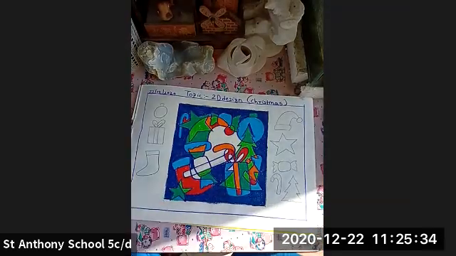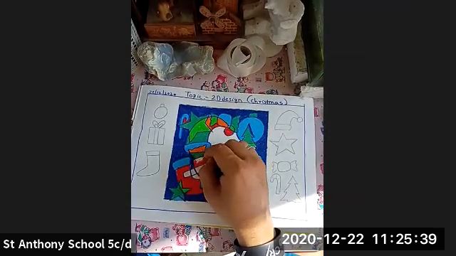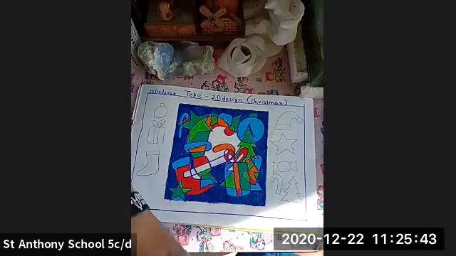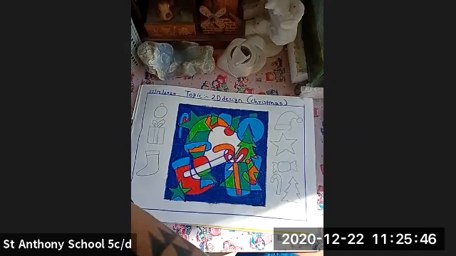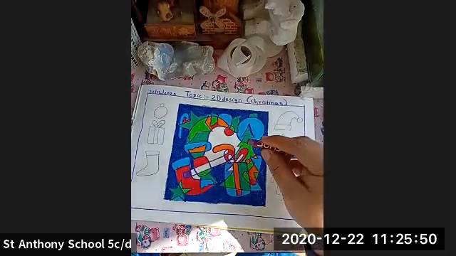Okay. After completing it with red, we are going to use another shade now. So I'm going to use a purple color shade. Just look at this.